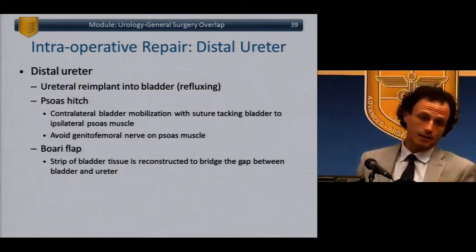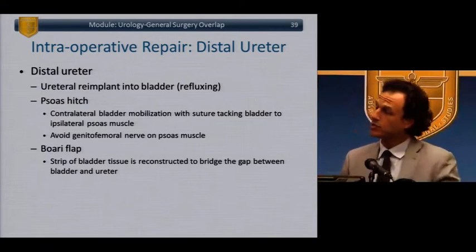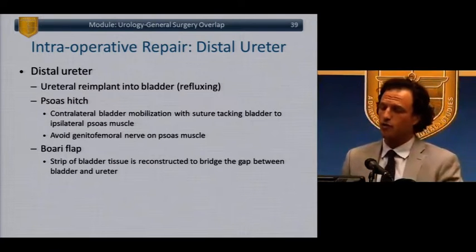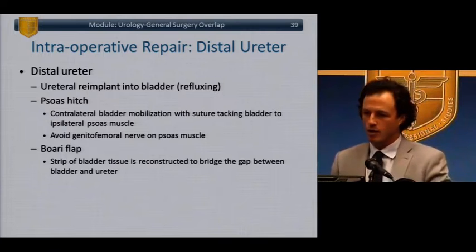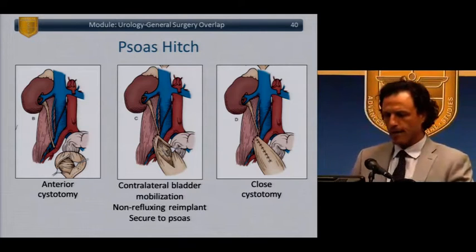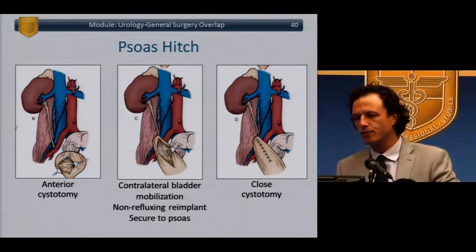Sometimes it automatically connects up, but the tricks that you want to have up your sleeve are a psoas hitch, which I assume you all have heard of, and you are all capable of doing it. If you do a Boari flap, you probably want to get a urologist into the room. So a psoas hitch is basically mobilizing the heck out of the bladder, and I alluded earlier to the great